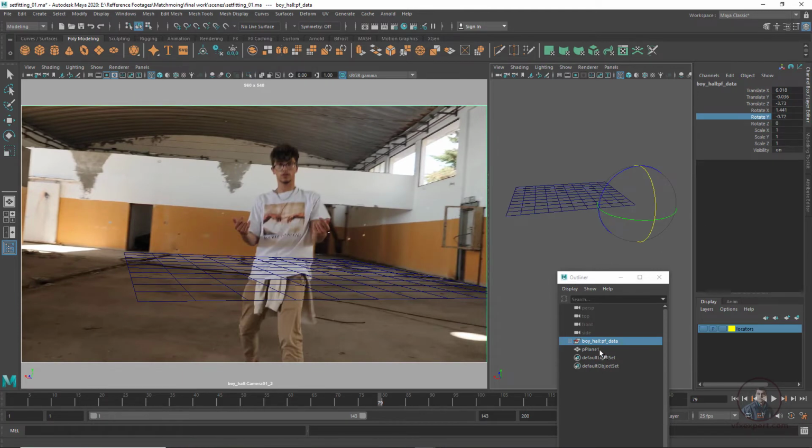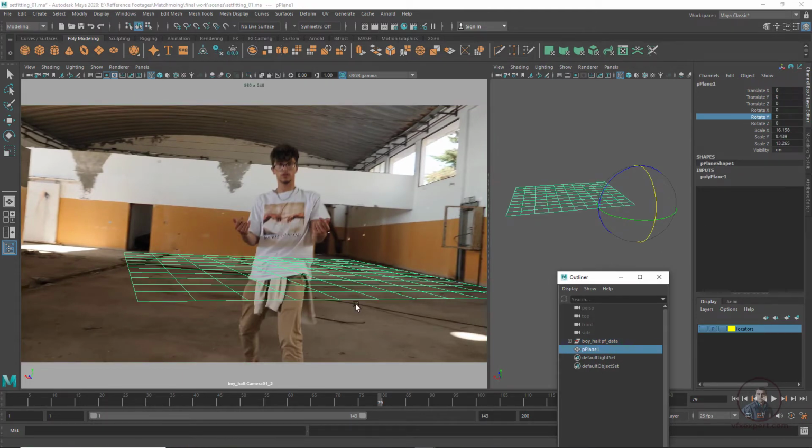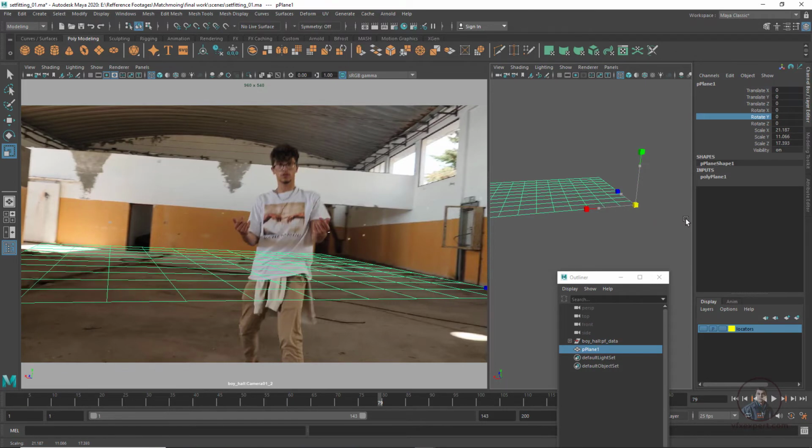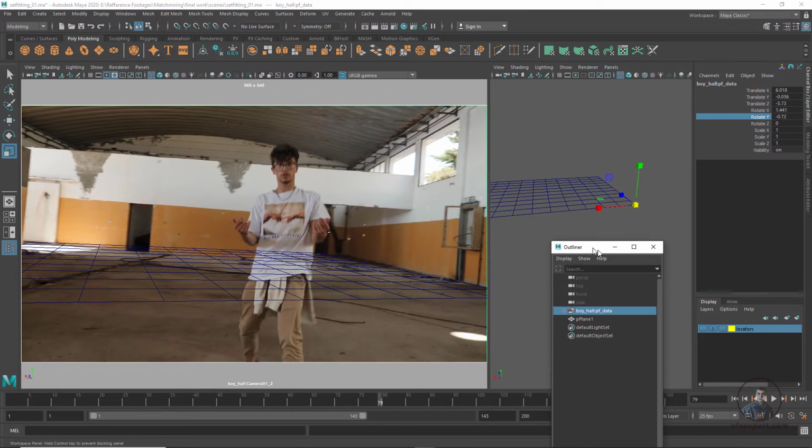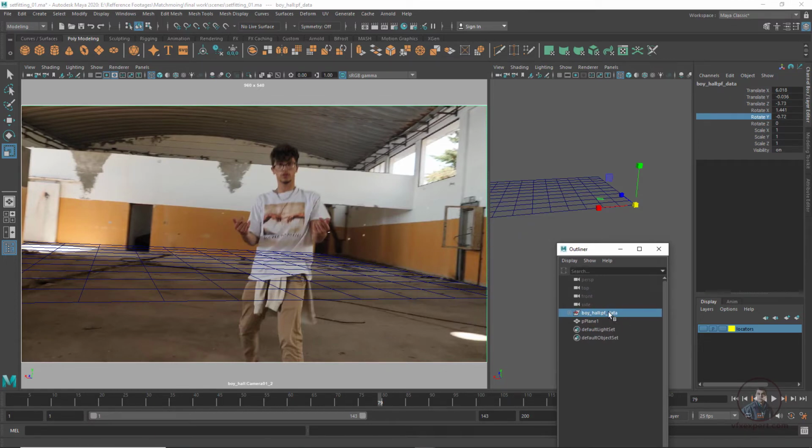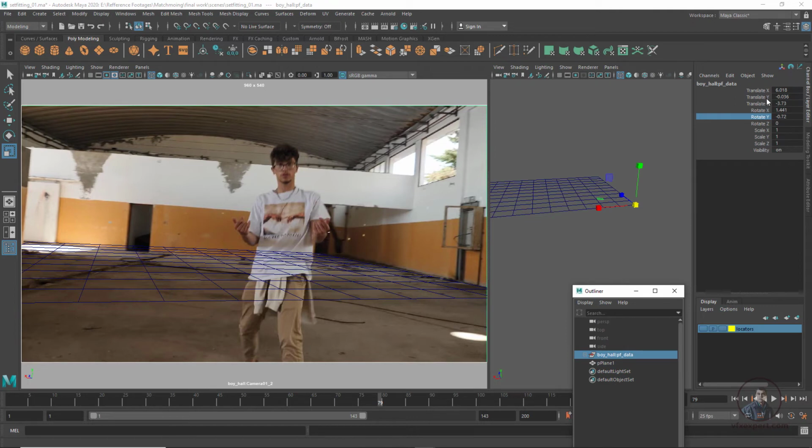So select our plane here and scale it a little bit. Now you can see easily. Again, if you now select this scene group and rotate, for rotation you have to rotate our scene group, and if any scale is needed then you can scale our plane. Remember this one, and match our scene a little bit here. So now orient it a little bit here.